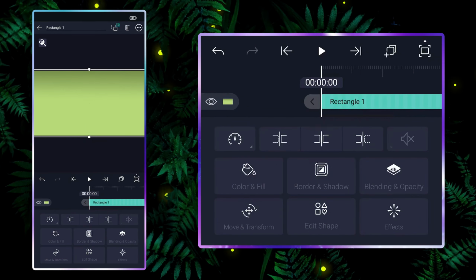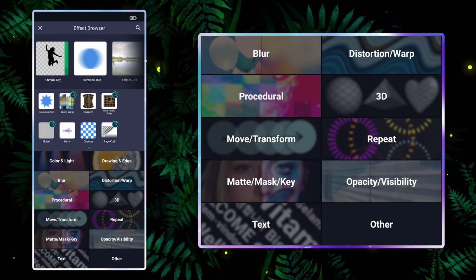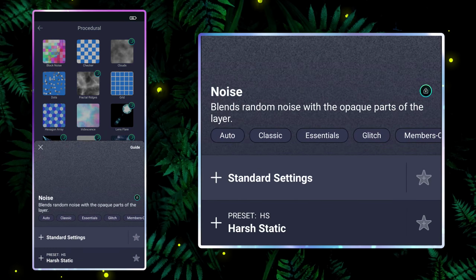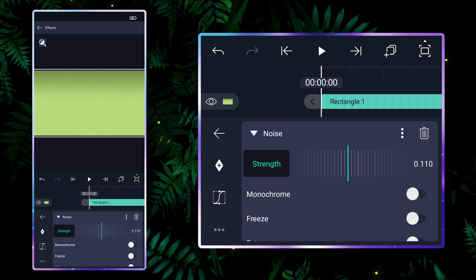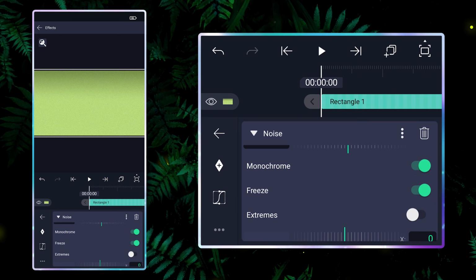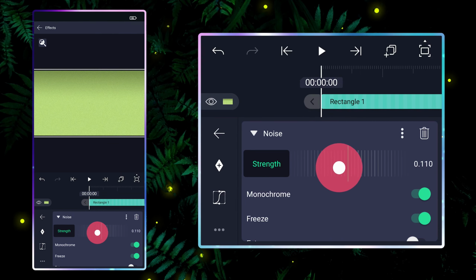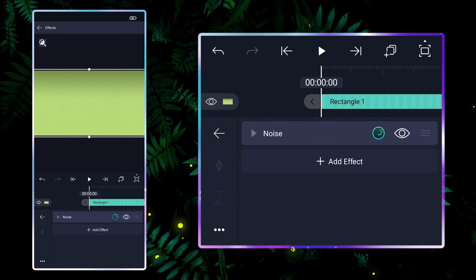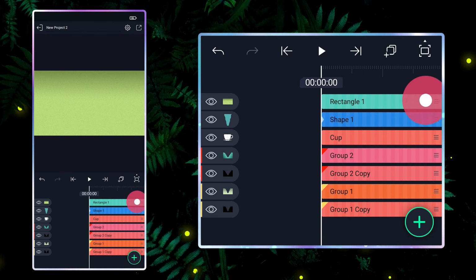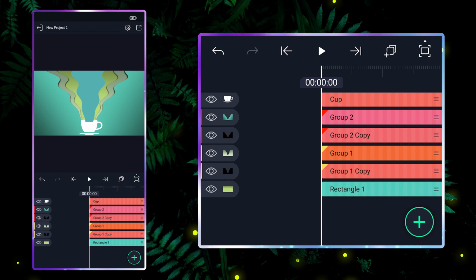And apply noise effect. Bring the layers to the bottom.